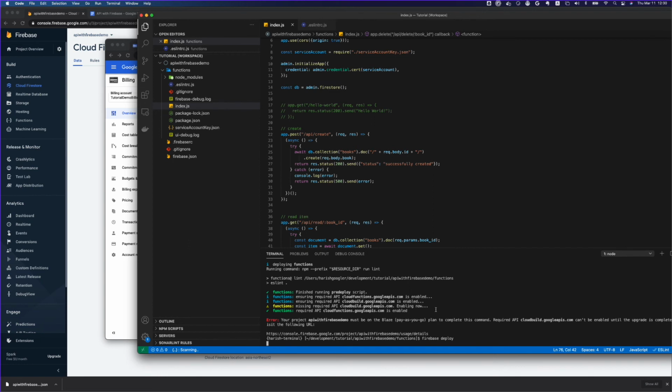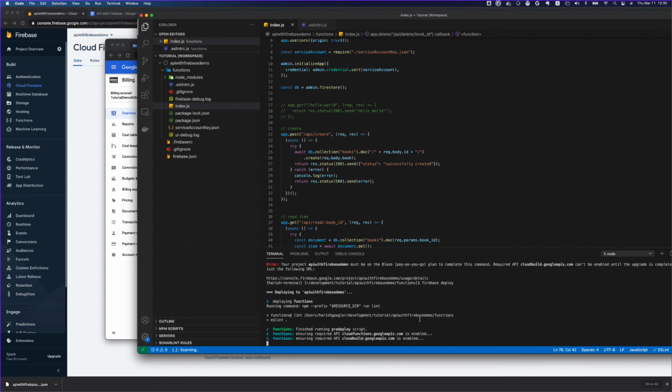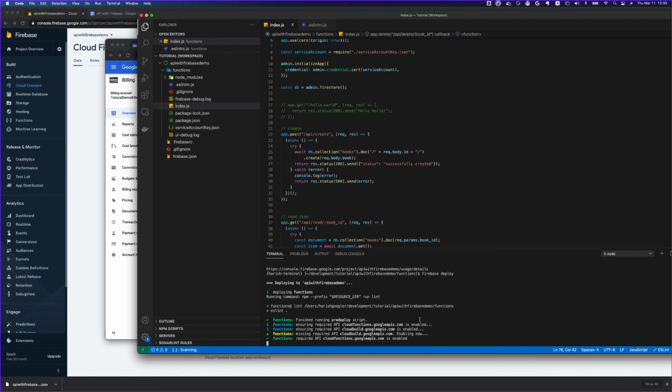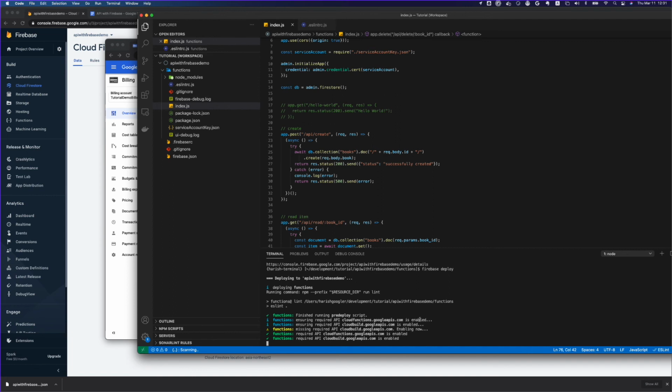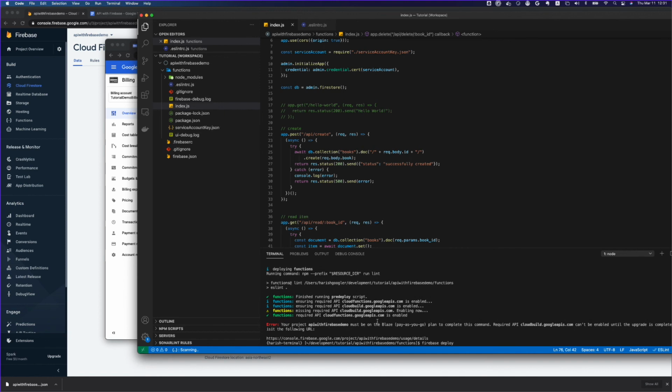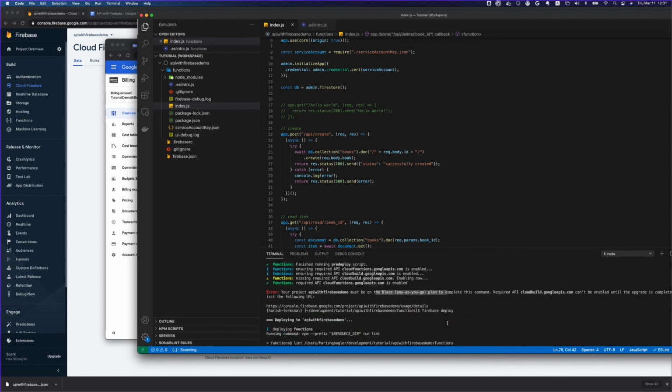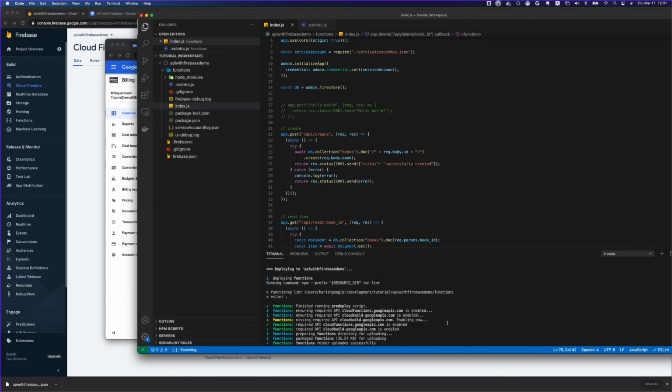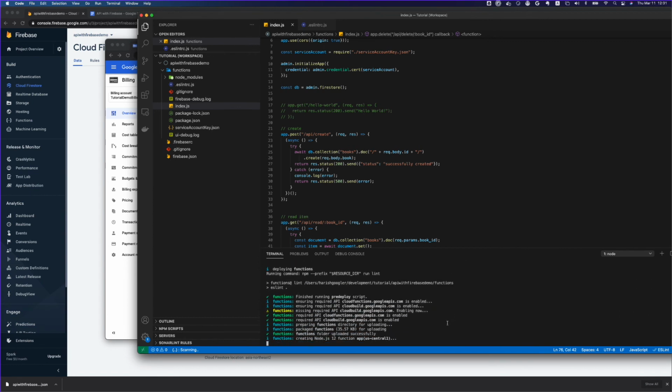Hopefully it will be able to change it, or otherwise I may have to go to Firebase and change the plan. But I guess it's going to automatically move me to the pay as you go plan, because I have a billing account set up, so there should not be a problem, and it's a valid billing account with the credit card connected. So here you go. So it's creating this Firebase function. Initially I got this error that I need to change the plan, and you may or may not get it based on if you have already billing set up on your Google Cloud project.